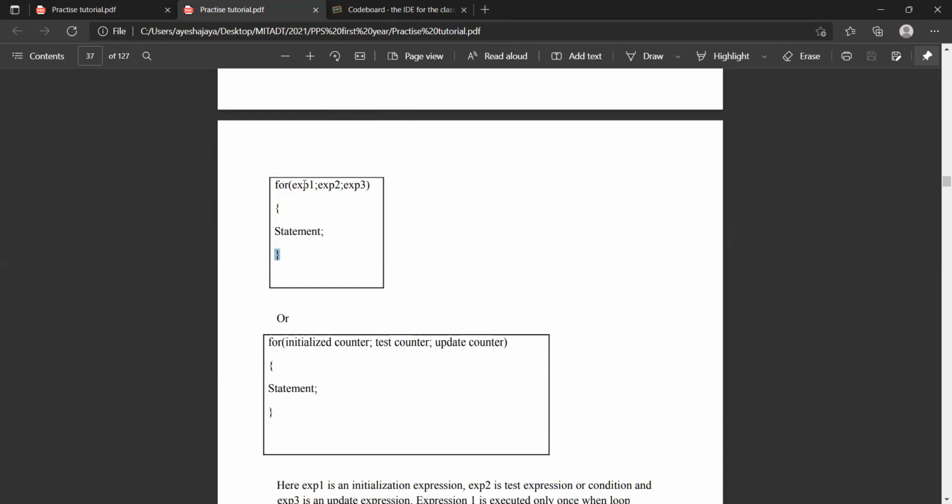So expression 1 is evaluated exactly once, but expression 3 depends upon expression 2. If the expression is false the first time itself, expression 3 would never be evaluated. So minimum expression 3 can be evaluated 0 times, and maximum it will depend on the condition.